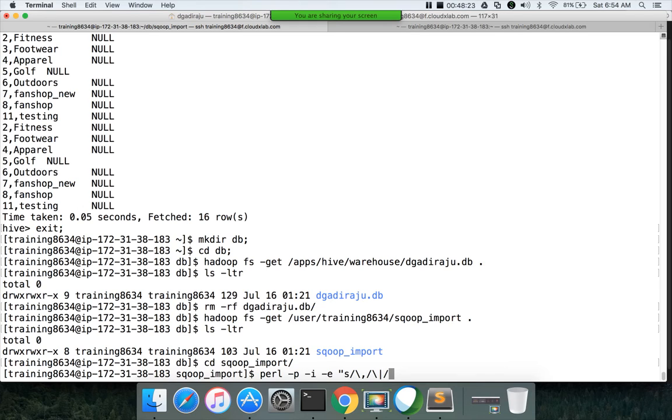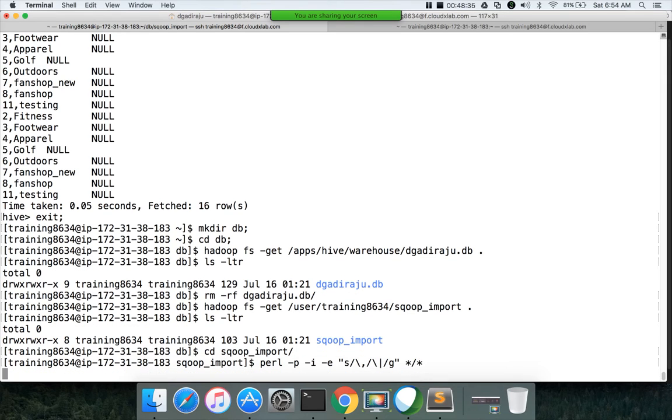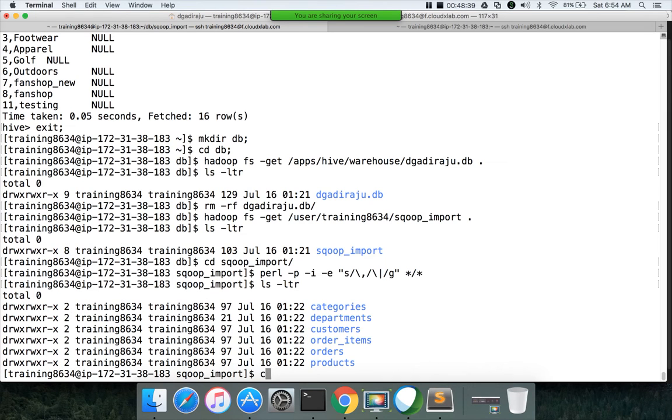Then /g because I want to replace them globally, for all the tables and all the files in those tables.